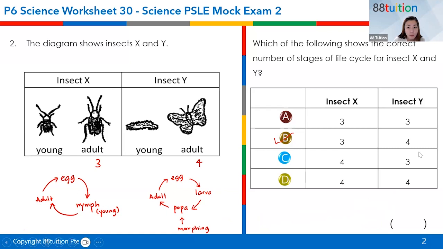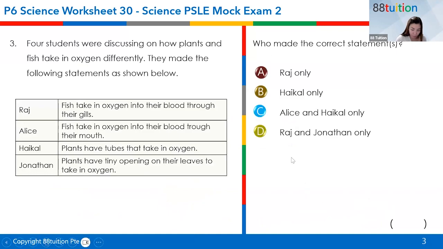If you have written it wrongly, it could be an accident. Okay, it will also tell you something. You're not so strong with the 3-stage or 4-stage. Go and study once more. Question 3. Okay, one feedback.